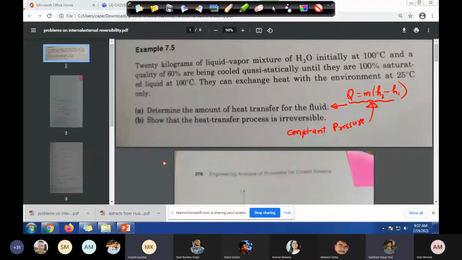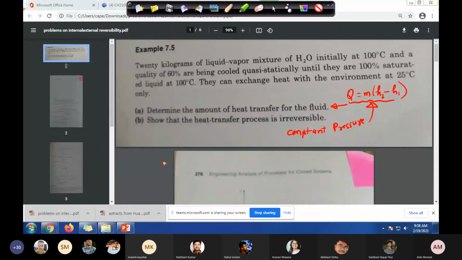Go ahead, Siddhant. Why are you saying that at constant pressure heat given to the system is the change in enthalpy? From where will we start to prove this? At least tell that thing. You say yes or no. Do you know it or you don't know it? No, I don't know, sir. Why so? What have you learned in this course so far? Another Siddhant is there. Yes, sir. So try to answer what he said.